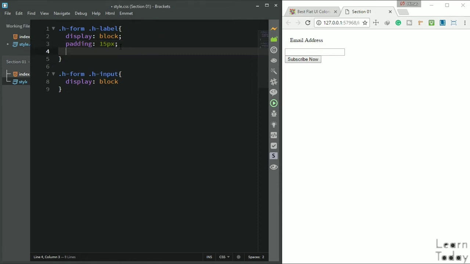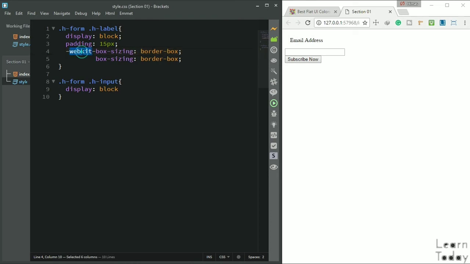And I'm going to give another property called box sizing. This property I'm going to set to border box, and you can see some vendor prefix is getting applied automatically because I'm using, I don't know, a plugin to do that. Because some browsers don't support this box sizing property, you can visit caniuse.com. I think so. I'll put the link on the screen. You can visit that site and you can type this box sizing property and it will show up the browsers